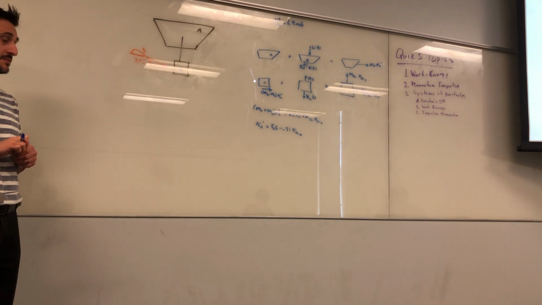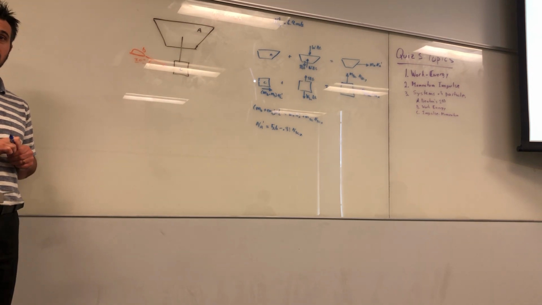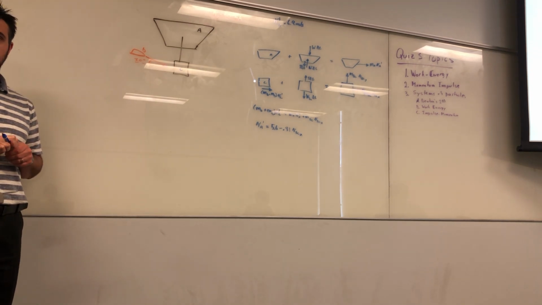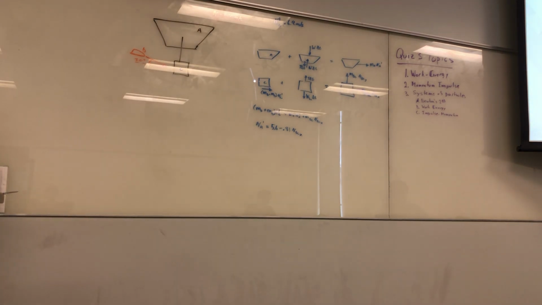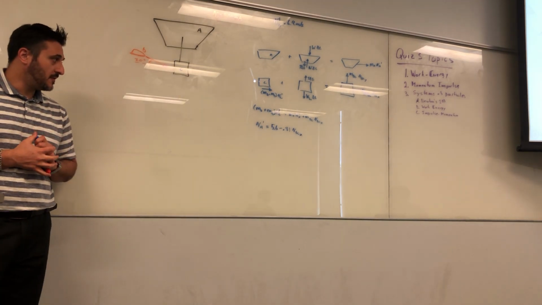How do you know to do that? It doesn't matter which one you solve for, right? It doesn't, because you're going to end up with two equations and two unknowns, right? Now we're asked to find the height in this problem, which we will get, but you're going to have to solve for,